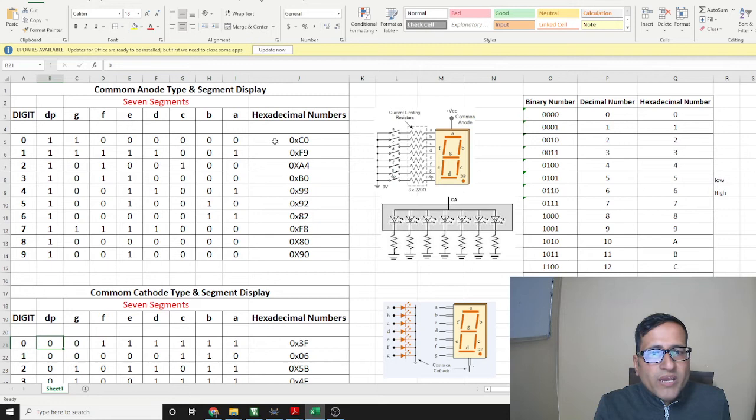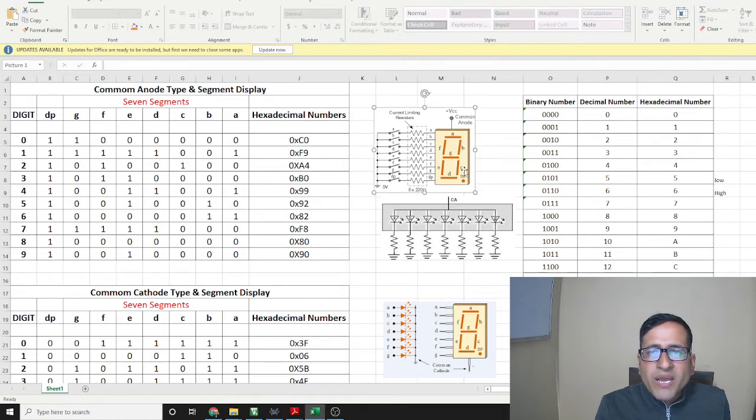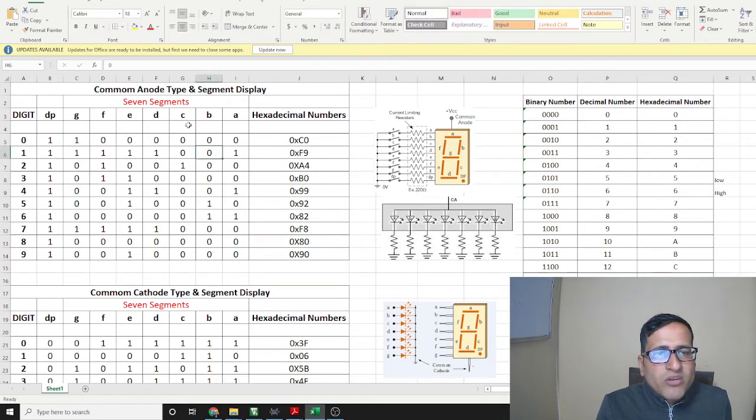So in this way, as we discussed, we have the values 0, 0, 0, 0 for A, B, C, D, E and F here, and G is 1. To glow 1 we should have the B and C segments. So for B and C we can see in the 1 that B is 0 and C is 0. All other segments from A to G are high.